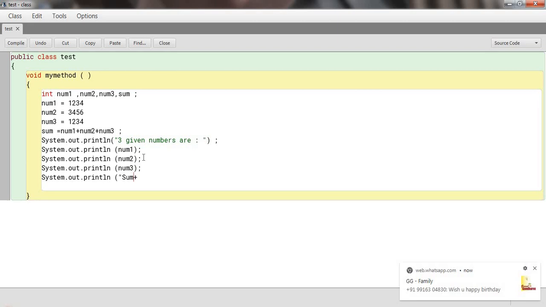Sum is equal to, again double quote, space plus sum. Now small s, again bracket and semicolon. That's all.